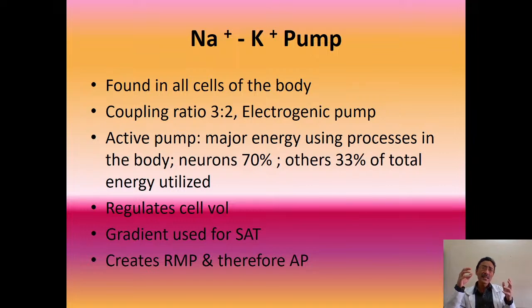So, when these cells are functional, there is always a movement of sodium ions and potassium ions across the cell membrane. This equilibrium is disturbed because of the activity, and this disturbance has to be restored. That is, the restoration of the sodium concentration outside and the potassium concentration inside the cell is done by the sodium potassium pump. 70% of the energy used by the neurons is used by the sodium potassium active pump. 30% is the other energies which are being used.